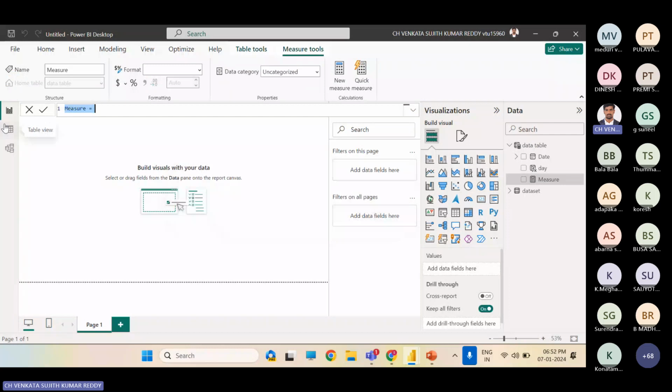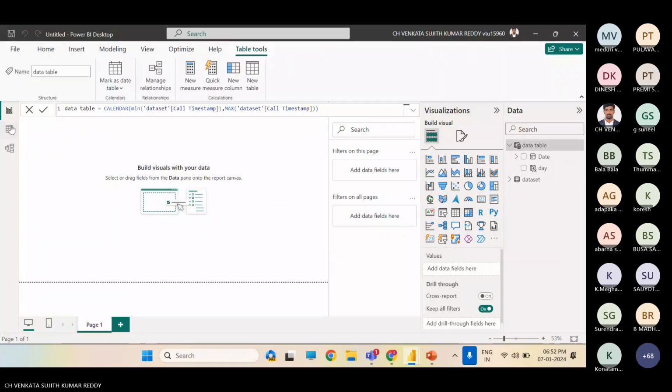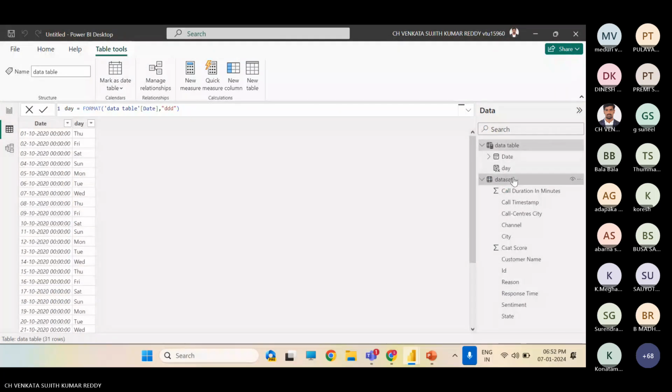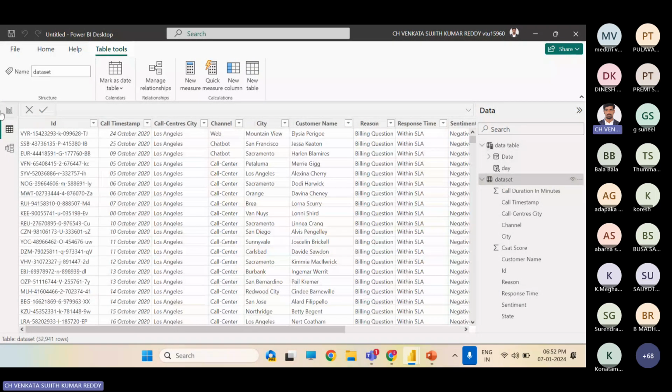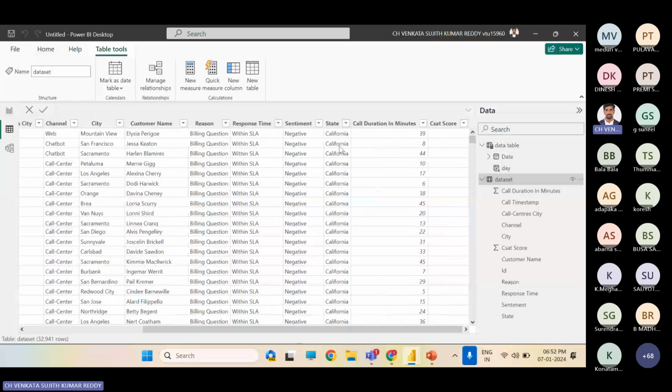See guys, here I have the data. Using these ID numbers, I can calculate how many calls I got, right? Also if you select this California state, I can calculate how many calls we got and how many minutes they have talked.